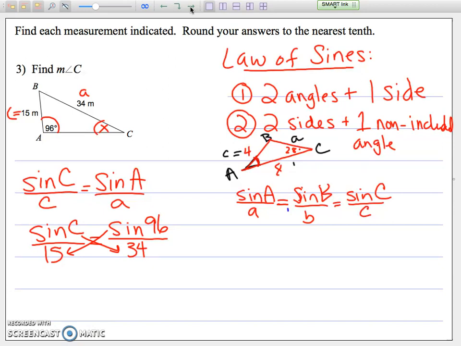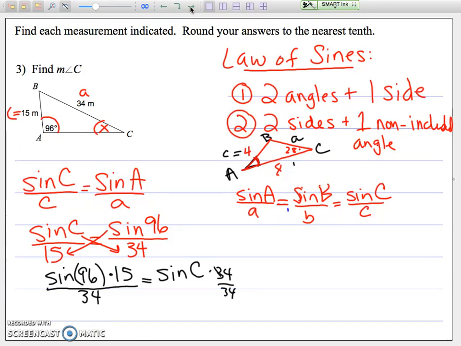So I've got the sine of 96 times 15, and that's all going to be divided by 34, equals the sine of C. This is where I got the 34: this is times 34, so then you got to divide by 34 to cancel that out. All right, so when I work all that out and I type it in my calculator exactly how it looks, you should get the sine of C equals